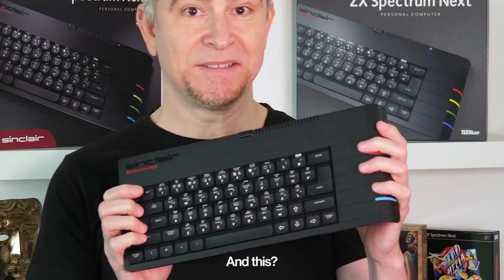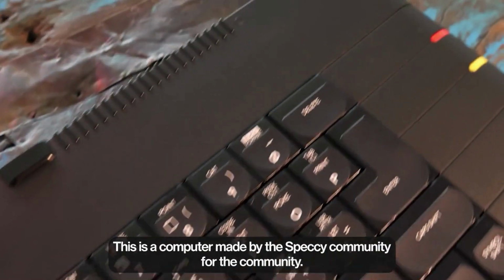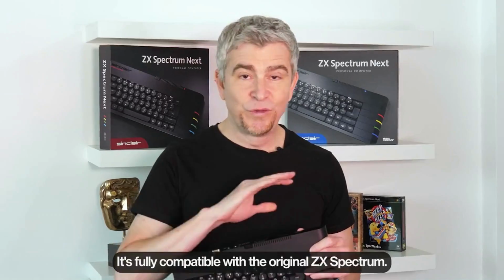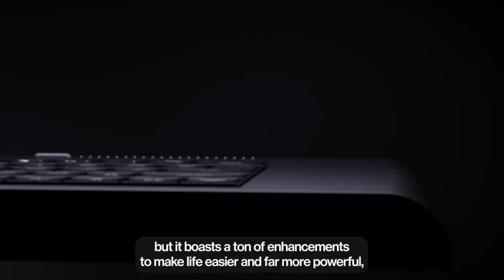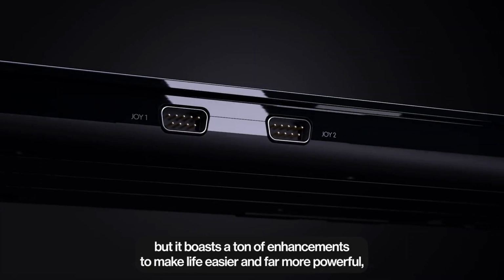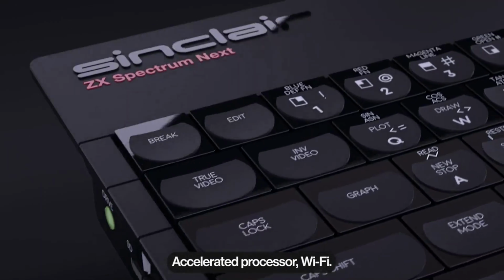made. And this is the Sinclair ZX Spectrum NEXT, its official successor. This is a computer made by the Speccy community for the community. It's fully compatible with the original ZX Spectrum. You can even load games from cassette tape if you want, but it boasts a ton of enhancements to make life easier and far more powerful, like SD card storage, better graphics, 9 sound channels, accelerated processor, Wi-Fi, the list